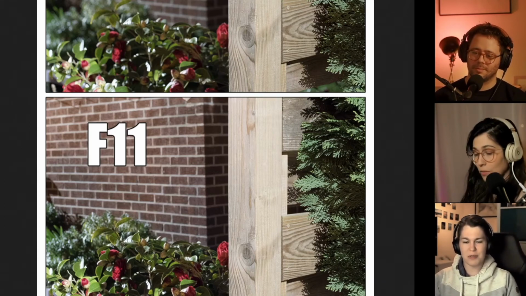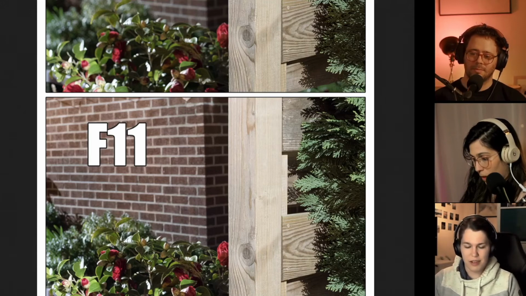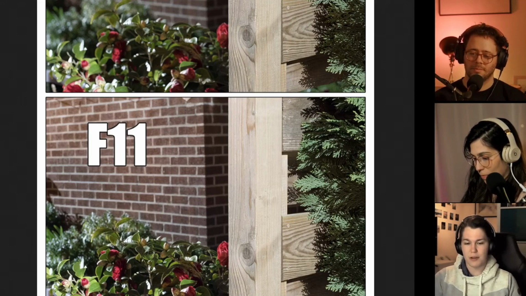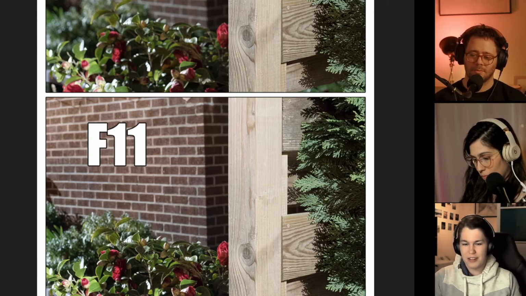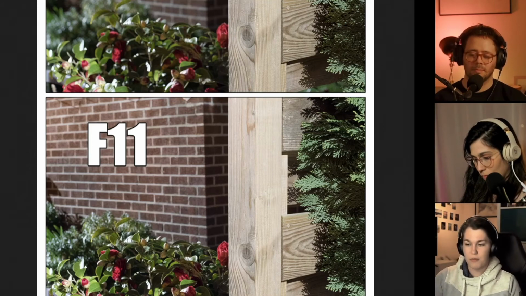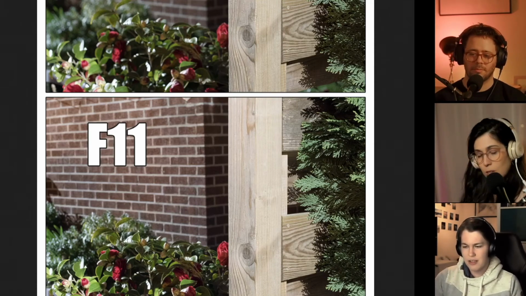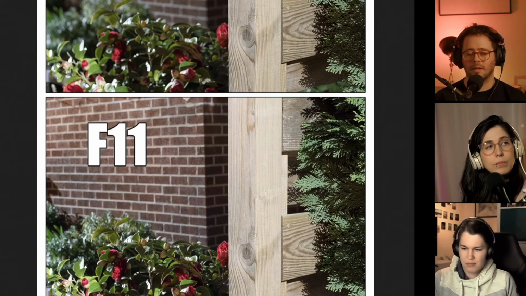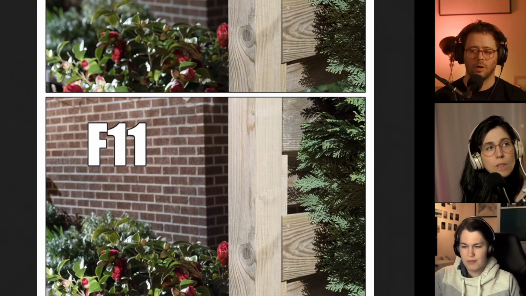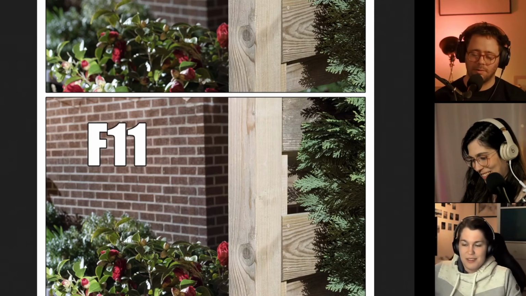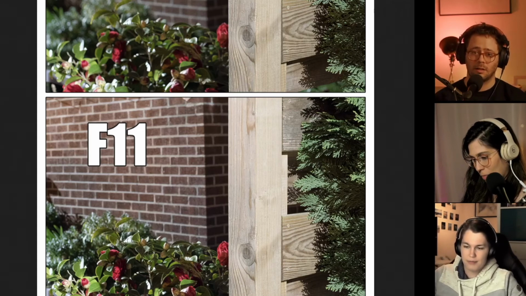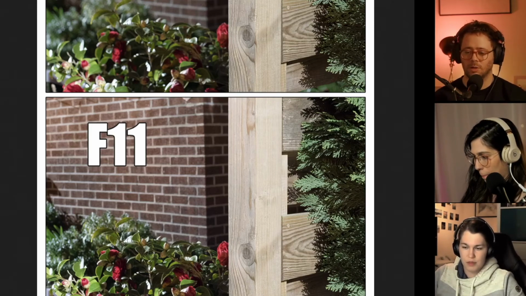You can see also how you should be cautious about using higher f-stops or smaller apertures, because the light bends around the hole, which results in pictures that are not as sharp anymore. So most lenses are sharper between mostly 5.6 and 11, somewhere there. Yeah, there's a sweet spot. I think it depends on the lens. Some lenses are like that, some are not. It depends, but it's a very valid point. It's one of the things that I definitely recommend to new photographers who are curious why they're not getting sharper images.